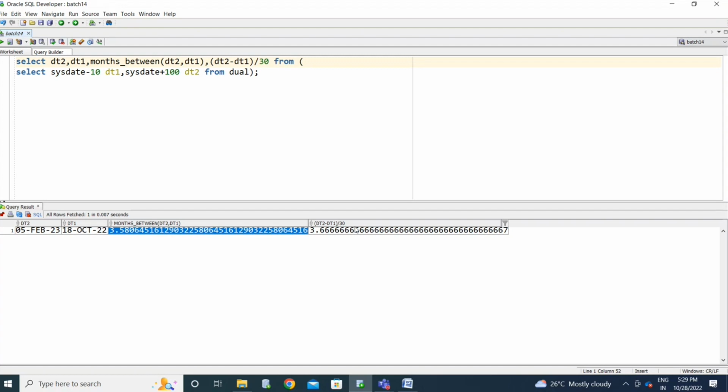To calculate the correct months between, we use the months_between function. This is the advantage of the months_between function.